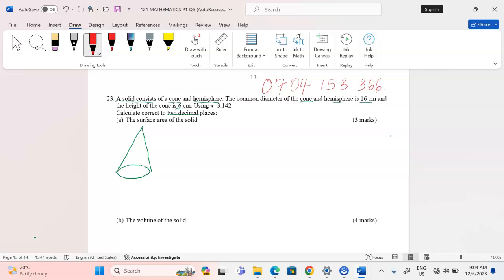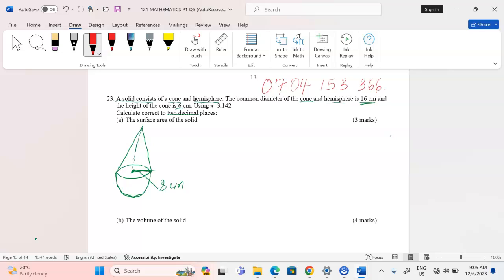Then now, a hemisphere is resting here. A hemisphere is half of a sphere. So we have the hemispherical part and the conical part. The solid is made in such a way. Now we've been told that the common diameter here is 16 centimeters. That means the radius, from this point to the end here, is 8 centimeters. Then again, we are provided with the vertical height,